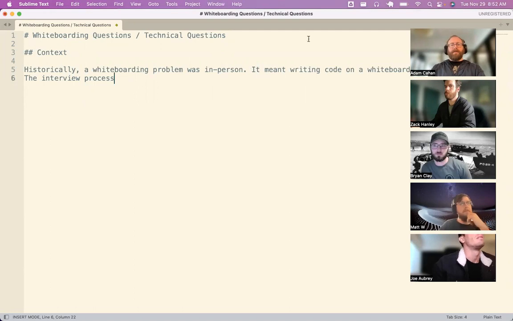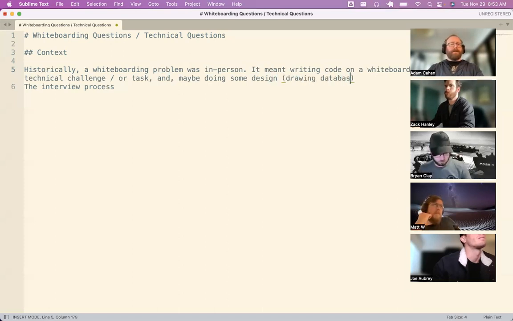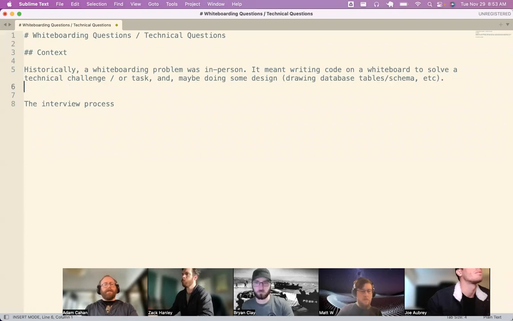It meant writing code on a whiteboard to solve a technical challenge or task, and maybe doing some design as well. Depending on, this is more for mid-level roles where you might be asked about system design or database schemas. But you also might be drawing on the whiteboard just to think through the problem.